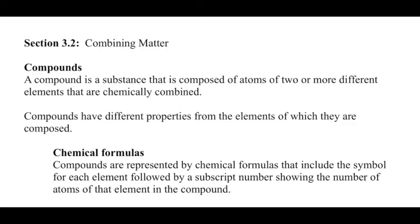When those two chemicals, gases, combine with each other, you are going to have water. And water doesn't have the same properties as hydrogen gas or oxygen gas. Water is liquid at room temperature. You know what water is. So you have unique properties to water that are different from the properties of the components that water is made up